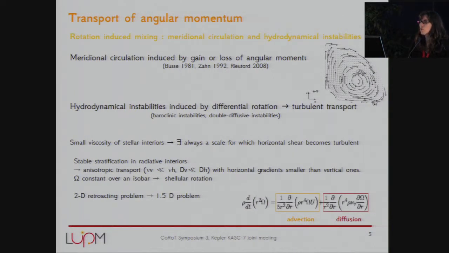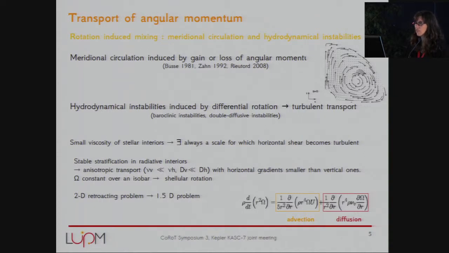And then you have also a bunch of family, and I will not enter into the details of hydrodynamical instabilities that are induced by differential rotation, and that triggering turbulent transport will allow the angular momentum to evolve also through these hydrodynamical instabilities. So there are essentially baroclinic instabilities and double diffusive instabilities. And then you have the shear instability, to which lots of work has been devoted, and particularly the work